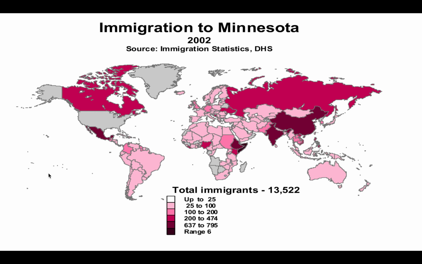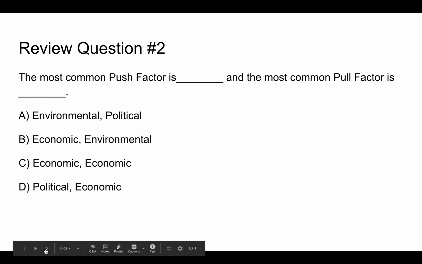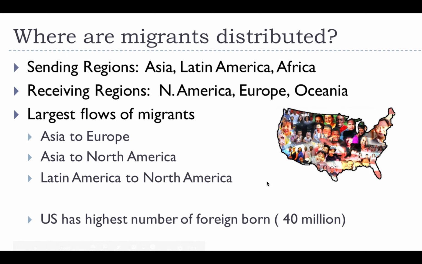Immigration to Minnesota, we can see this is an older statistic, but when we look at overall immigration stats, we can see that total immigrants come from less developed regions, which are the dark maroon. Where are immigrants distributed? Well, as I already mentioned, they're sending from less developed regions such as Asia, Latin America, Africa, and their receiving regions are the more developed regions. Those are going to be North America, Canada, United States, Mexico, and European, most notably Western European countries like England, Germany, France,